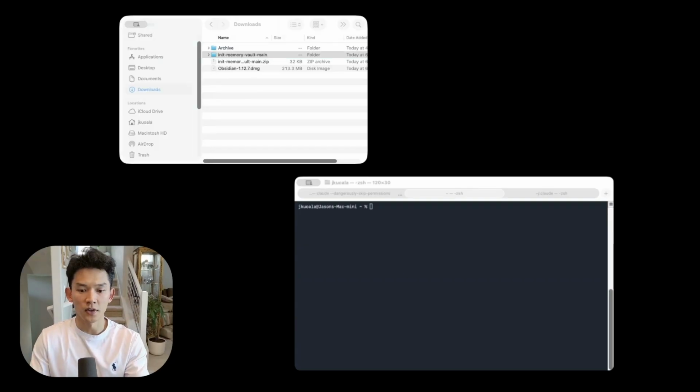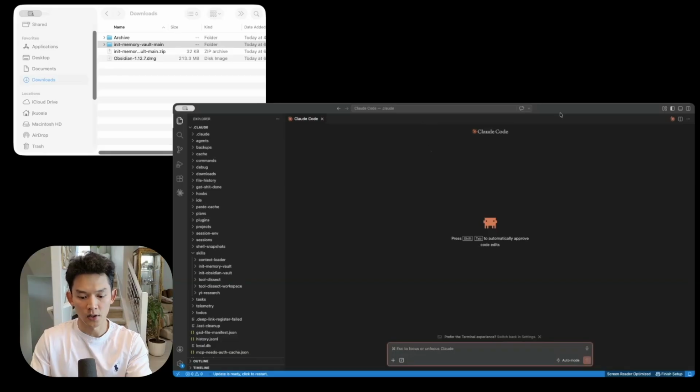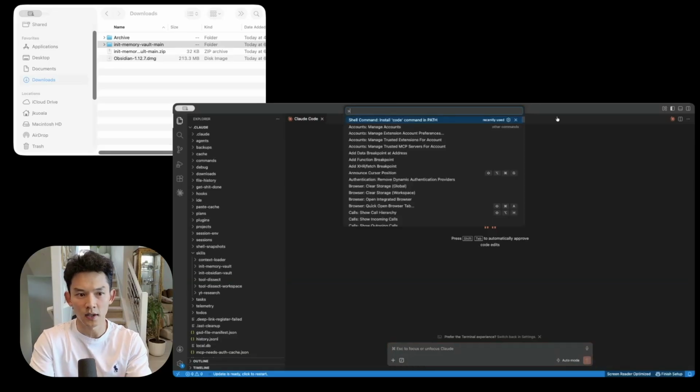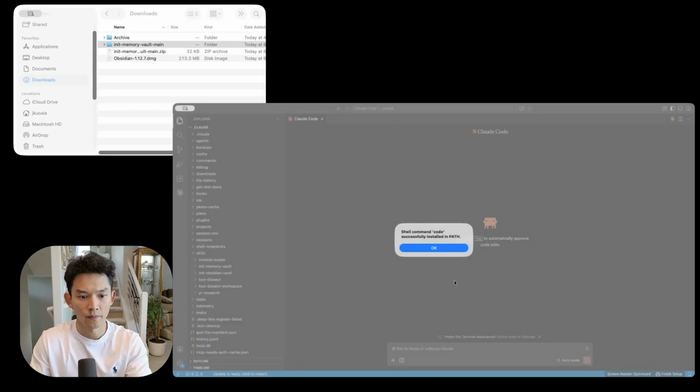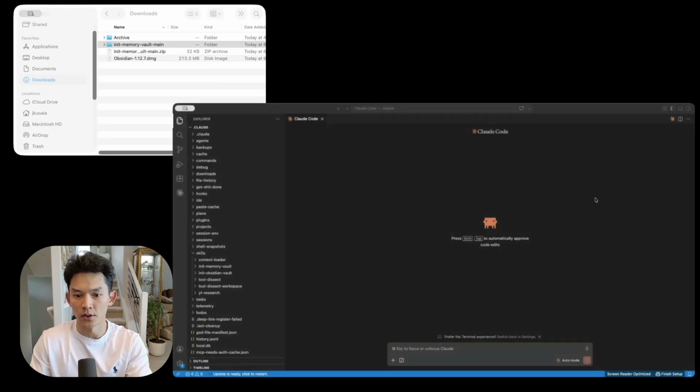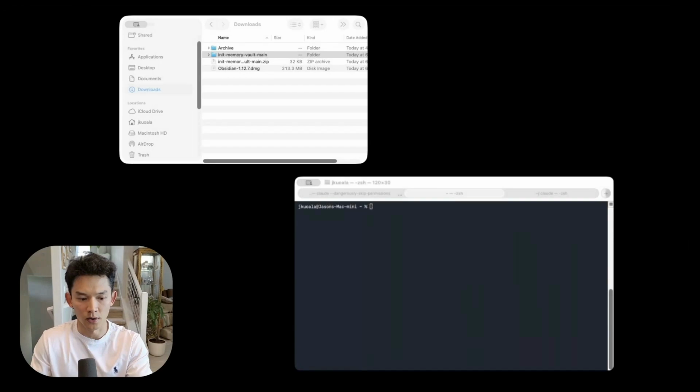Now, if you don't know how to do that, I'll just show you how to do that real quick. If you open up your VS Code and you hit Command-Shift-P, and you just do a quick search for shell, and you want to click this install code command in path. And what this will allow you to do is, if we then come back to our terminal,